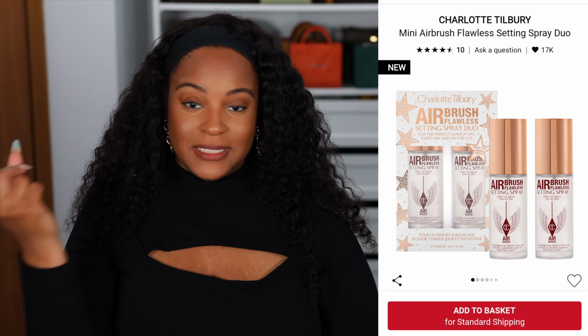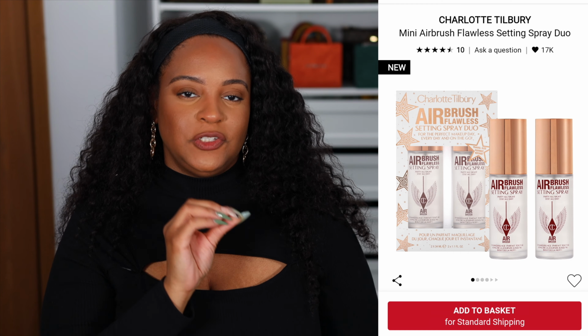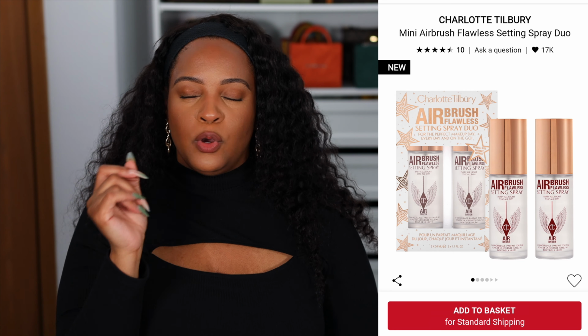Let me reel it back in with the sets. We're supposed to be focusing on sets. So one set I am very, very excited to try is this Charlotte Tilbury Airbrush setting spray. I've always wanted to try the setting spray because everyone's like, oh girl, your face is...